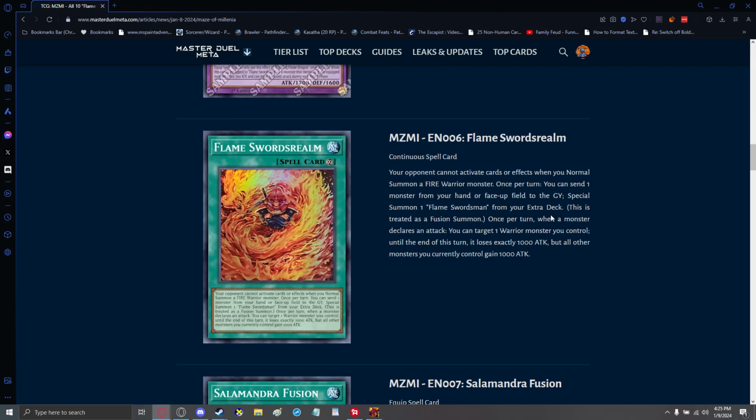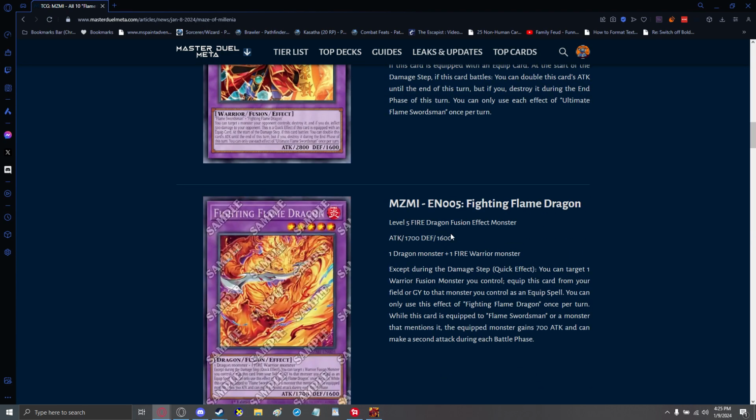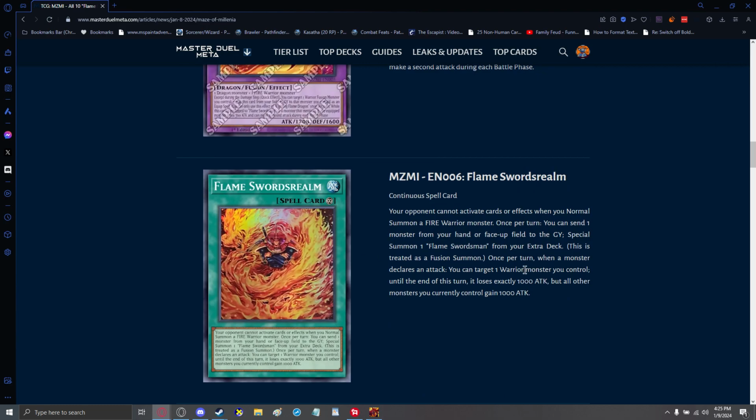Yeah, you could send one monster from your hand, and you could easily use this to throw away Fire Warrior monsters. You'd probably have to run at least a copy or two of Flame Swordsman to make things work, which unfortunately kind of clutters up the extra deck. And again, if it gets hit by Dogmatica cards or Zoa cards, it's going to be a real pain to get things running. Although why you wouldn't just hit this guy is beyond me, but...